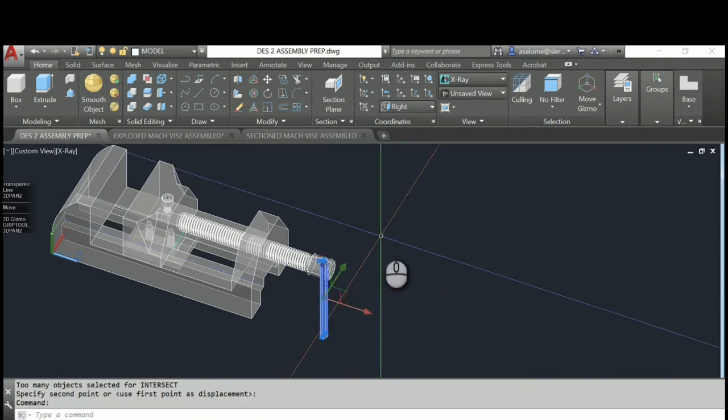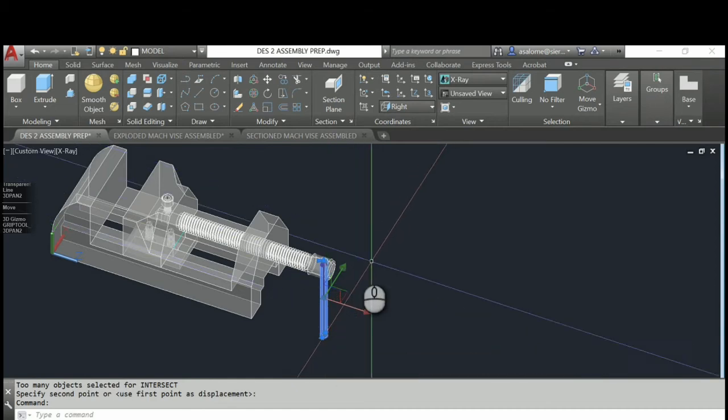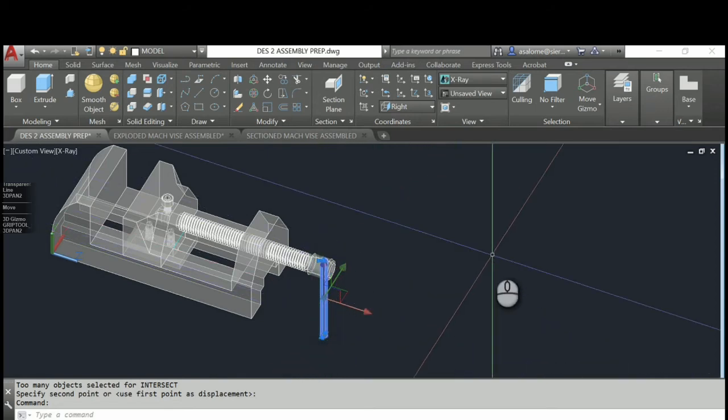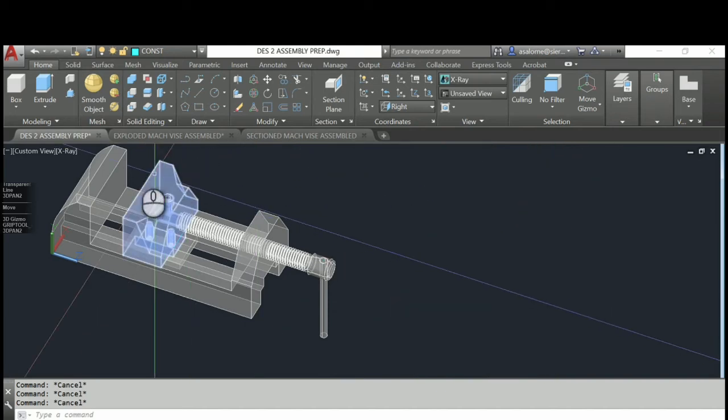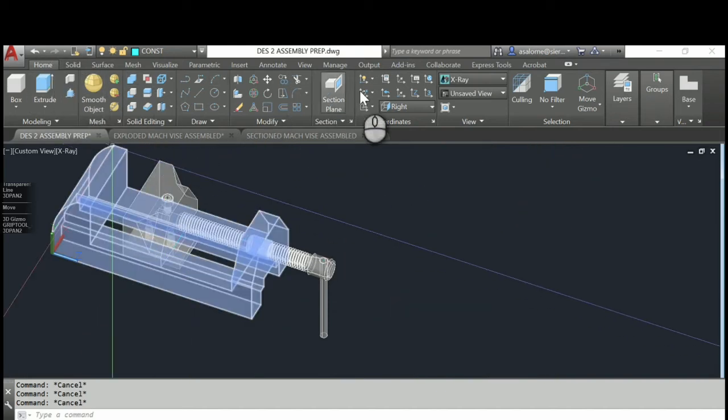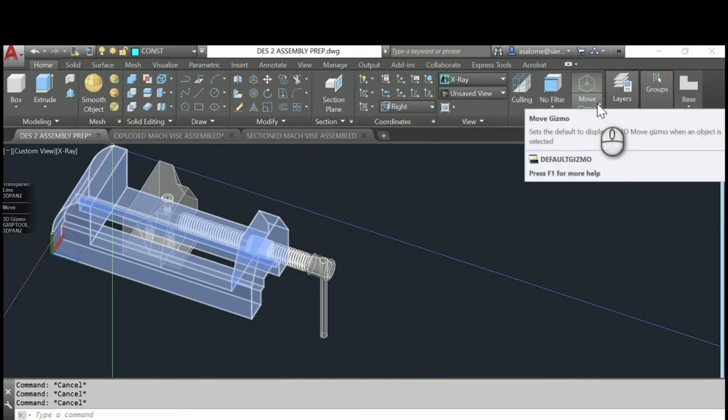Now, your computer should default that when you select an item, just free select a solid, the move gizmo is what should hop on there. If it doesn't, here's how you do it. On your home tab, on your selection panel, this item on the right says move gizmo.